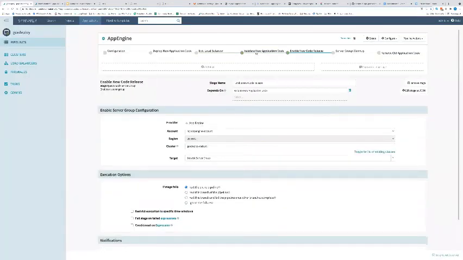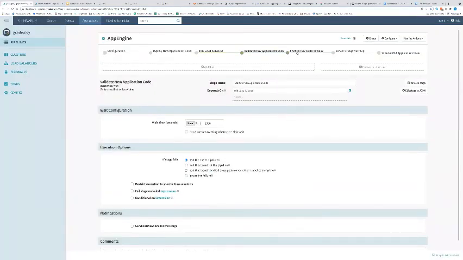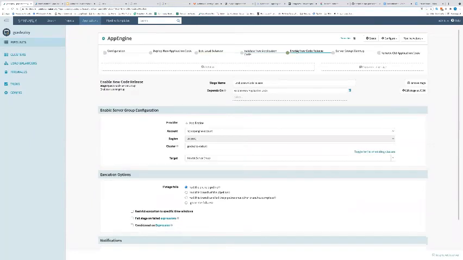And then assuming that this passes, assuming that I'm ready for this to go on, whether it's automated or human assisted, the next step obviously is going ahead and enabling the new code. So now what I want to do is make sure that I've enabled this so that in my App Engine account, I'm enabling the newest server group.